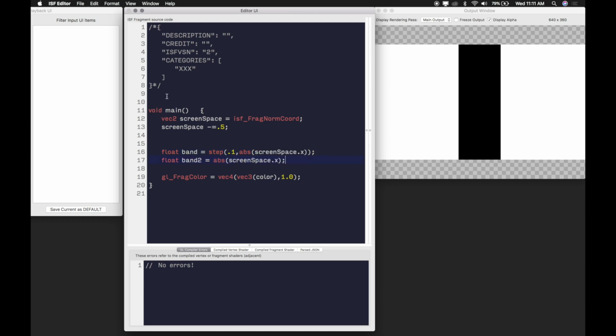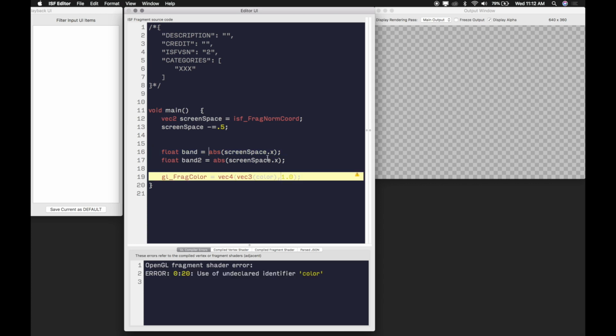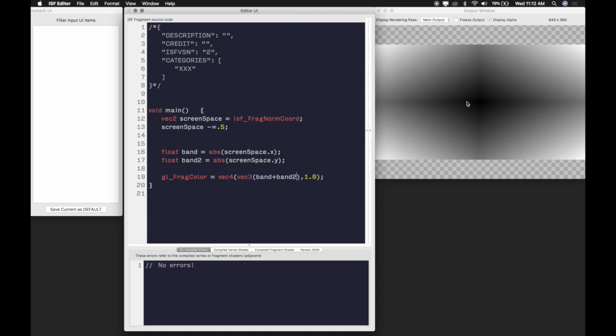I could make a band function, but I think this will be simplest enough to see just here. And actually, even before I run step, let's just see what happens when I combine both X and Y together. Like I've got band and band 2, and if I just add them together, I'll get something that looks like that. And so all those white values are going to be additive, and we get something that looks like a